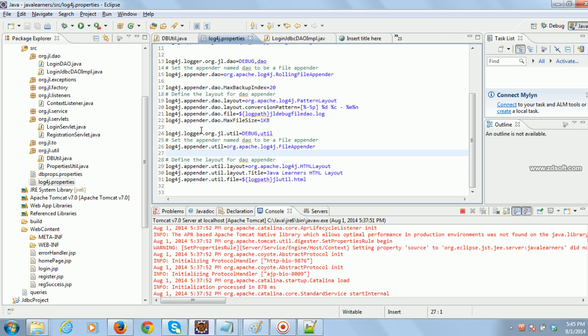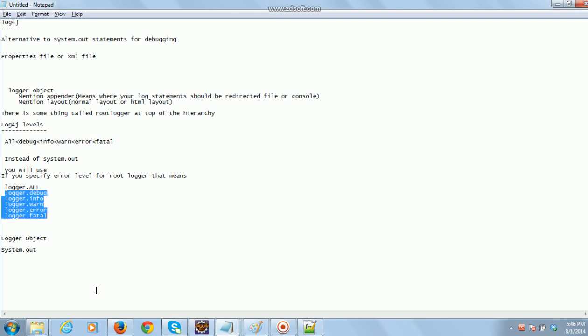So for the package org.gl.util, I have asked to print debug. So all the classes in org.gl.util use the debug level. That means all the debug lines will be printed, and you can see the hierarchy. If you specify debug,